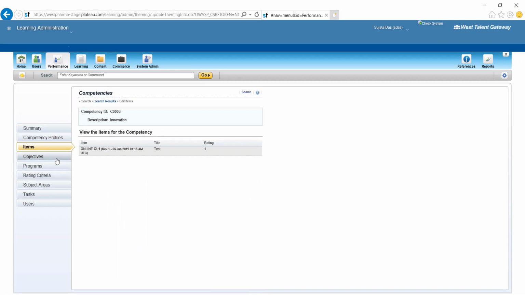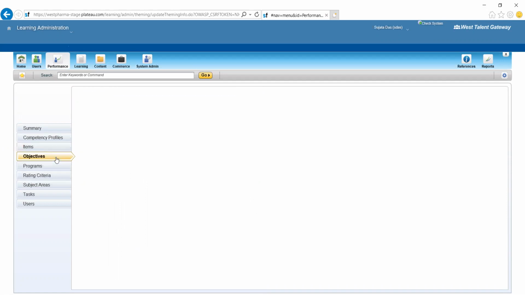Similarly, next is your objectives. Objectives are required mostly for adaptive learning. Adaptive learning also we'll be discussing later in depth, and at that point of time we will be discussing the objectives. Learning objectives means, once you complete a particular innovation-related competency, what are the main objectives?